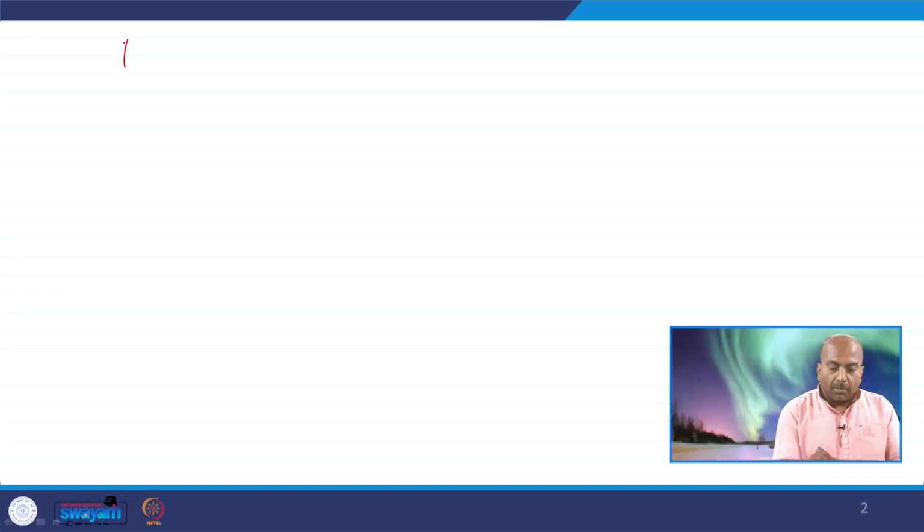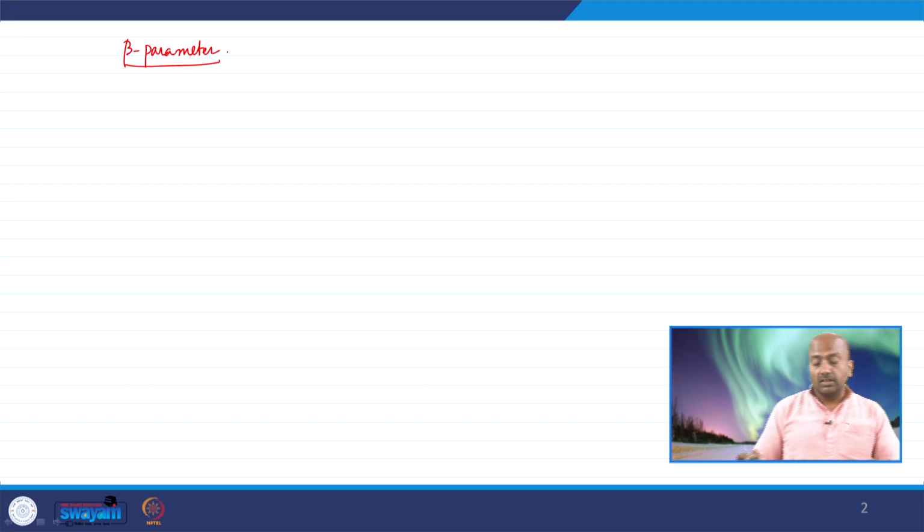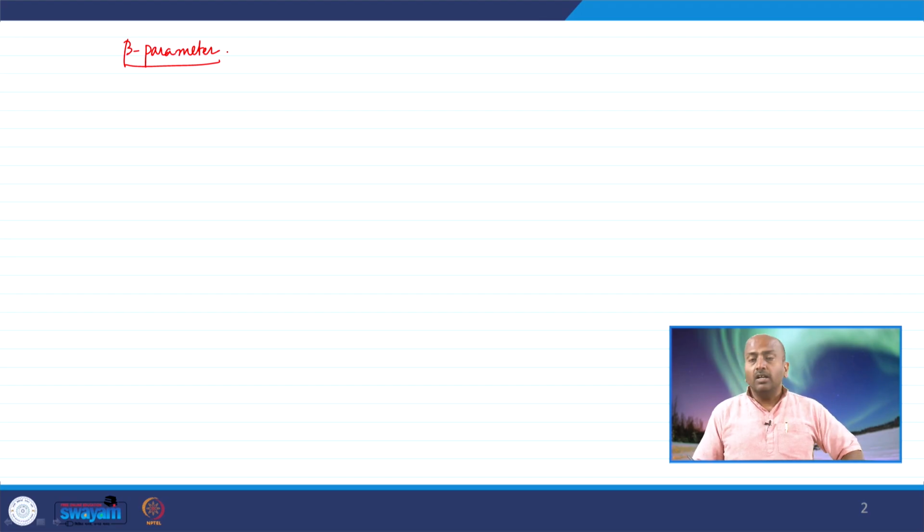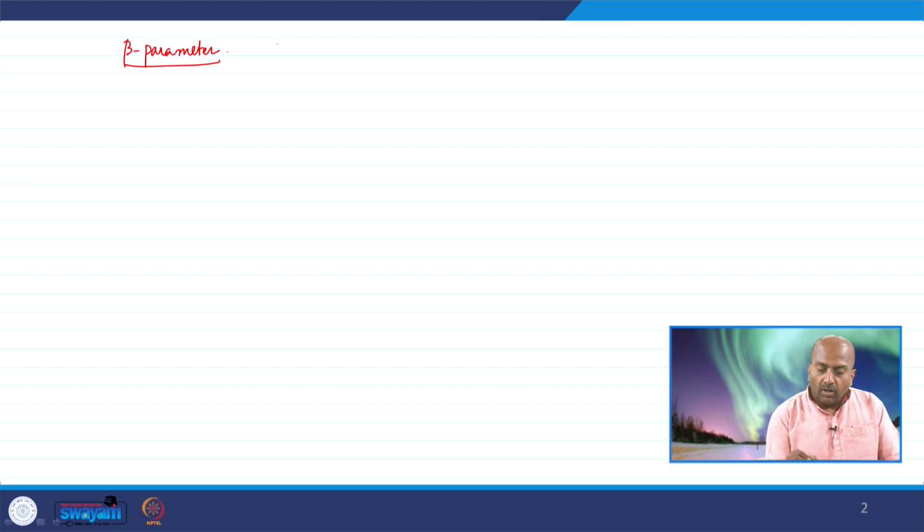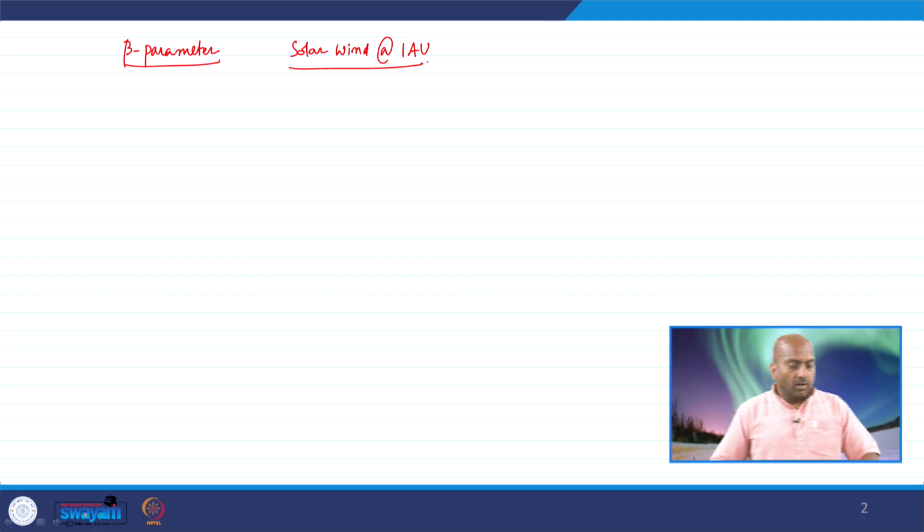So, beta parameter, we have talked about the beta parameter while we were discussing the solar wind and how solar wind is a high beta plasma. So, we are looking at solar wind at 1 astronomical unit, which is the distance between sun and earth. Now, we are given plasma,